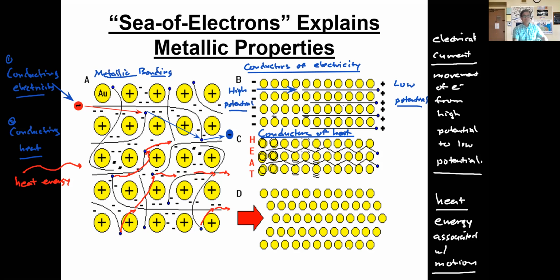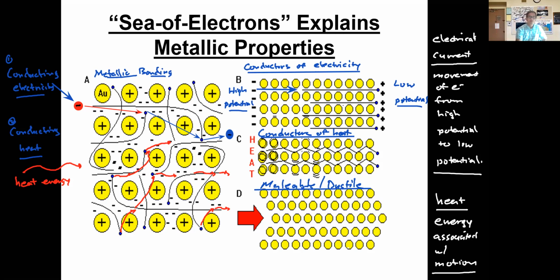So with that said, let's take a look at the last one. And that is metals are malleable, and they are ductile, which means that they can be shaped. The idea behind this is, if you've ever seen a blacksmith work, or anyone work with metal, you really got to pound the metal to shape it. You got to pull the metal and stretch it out, using a lot of force to stretch it out.